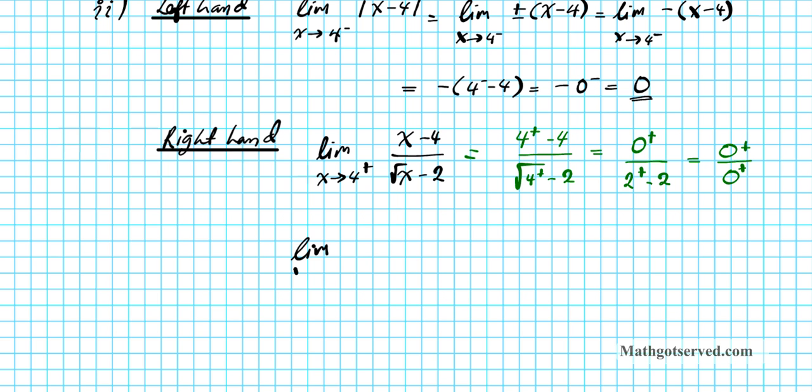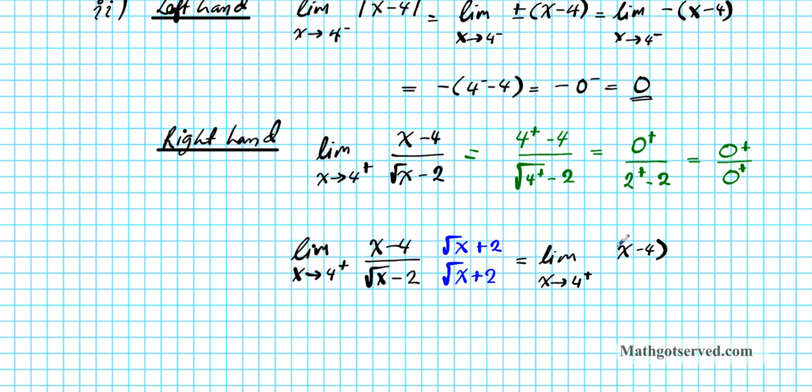So the limit as x approaches 4 from the right of (x minus 4) divided by (square root of x minus 2). What I'll do is rationalize the denominator. So multiply by the square root of x plus 2 on the top and bottom. When we work this out, this becomes the limit as x approaches 4 from the right of (x minus 4) times (square root of x plus 2), and that whole story divided by,